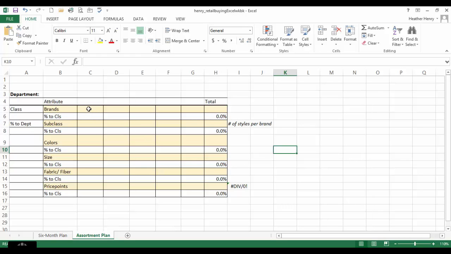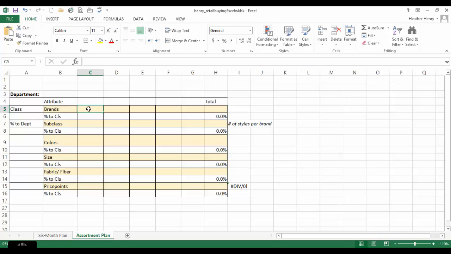What you are going to do now is the retailer that you did your 6-month plan on and the retailer that you did your analysis on, that is the same retailer you will be now creating the assortment plan for. So you need to visit that retailer, check out that retailer's store locations, and get familiar with the brands that retailer carries if they carry multiple brands, the different subclasses that are housed within the class that you are breaking down, the colors that are popular within that class, the sizes, the size range or the size scale that is